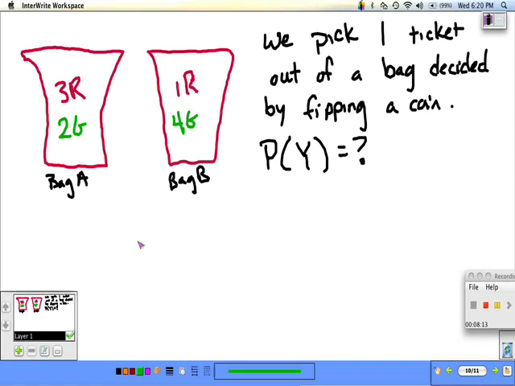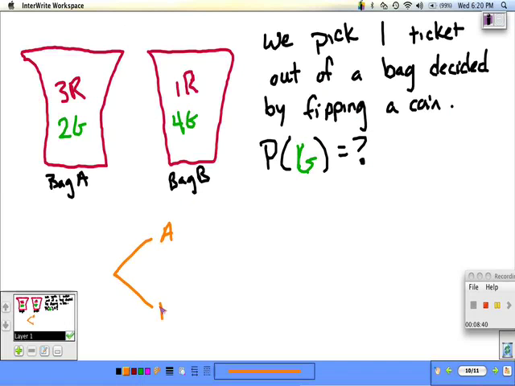Here we have 2 bags. In one of the bags there's 3 red and 2 green. In the other bag there's 1 red and 4 green. I'm going to pick 1 ticket out of a bag, and that bag is going to be decided on by flipping a coin, and I want to know the probability of getting a green. We can use a tree diagram